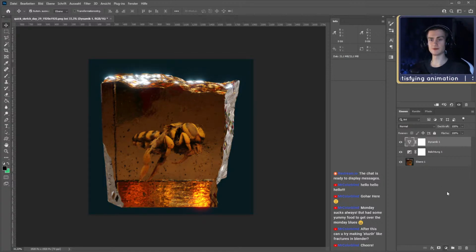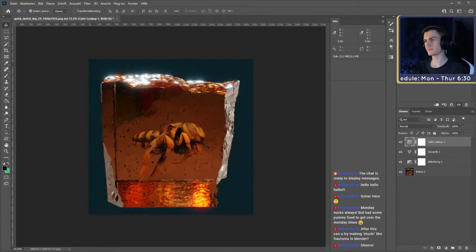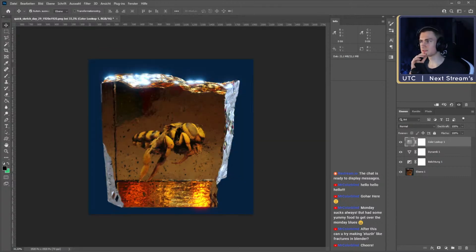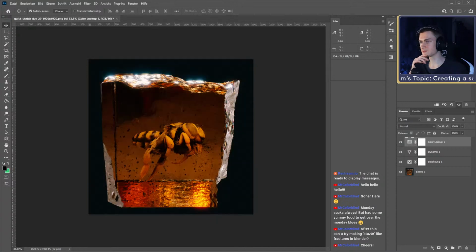What we use though is the color lookup. We can look through a few LUTs just to maybe get a... What about that? I think that's too orange, maybe even. Let's look at a few so we get a feel of what we got here, and if we see something that looks good, we can use that. This looks pretty good because we darkened the background a little bit.